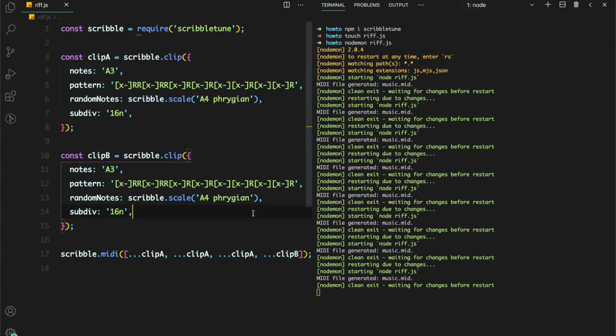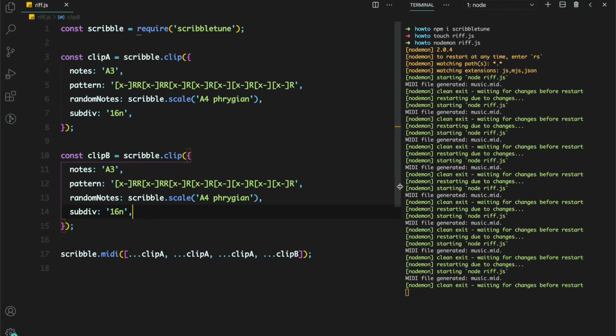So that's pretty much it. And now what we can do is we can just add some optimization to the script. It's pretty small, as you can see. We can make it even smaller, of course, but we can add some optimizations to it so that we can get a new riff every time.